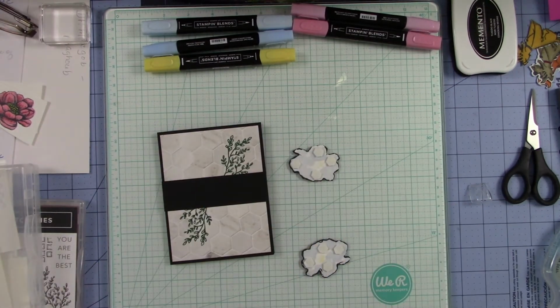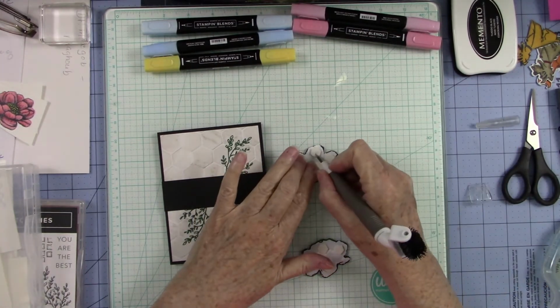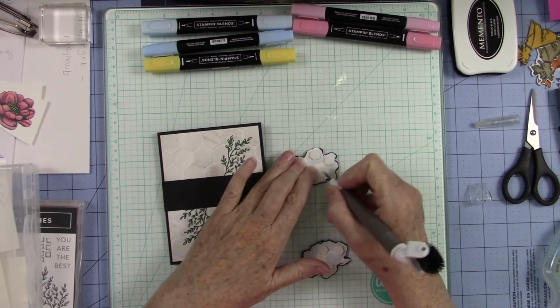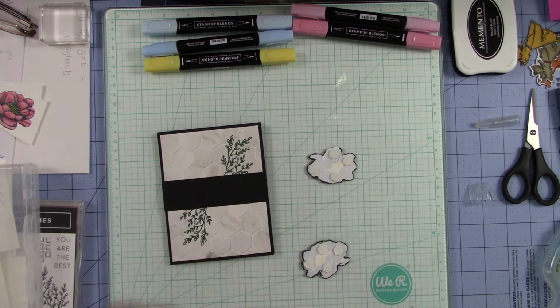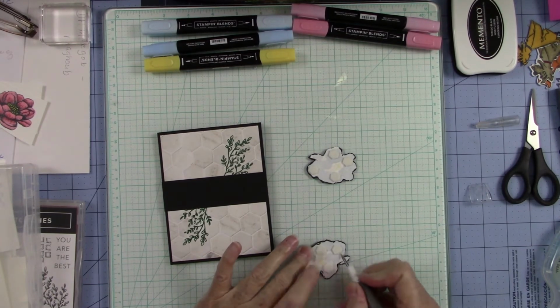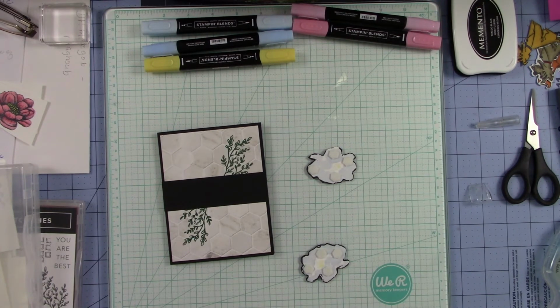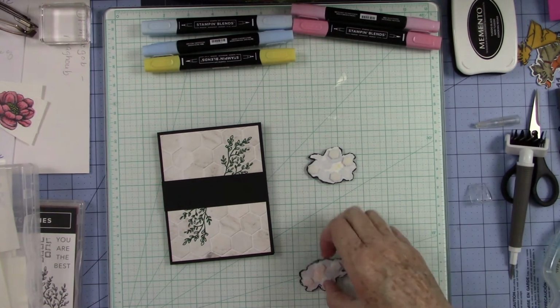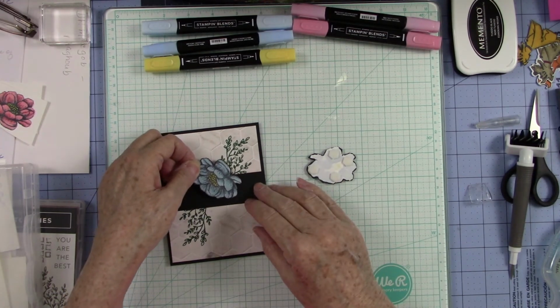Now let's get our Take Your Pick tool. And let's remove our backers. I love this. I love doing it with these because they come off so easy every time. And look, they're wrangled. You can drop them right in the trash, and then you don't have all these little pieces floating around your craft room, on your floor, stuck to your butt, or wherever else they might end up sticking. So we're going to stick this one down right about,